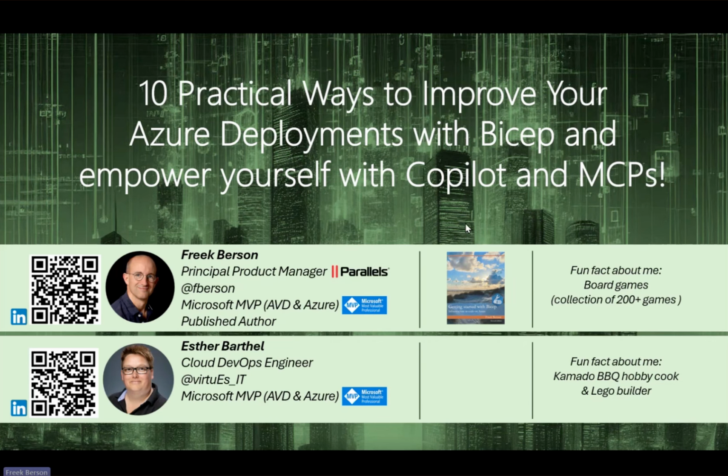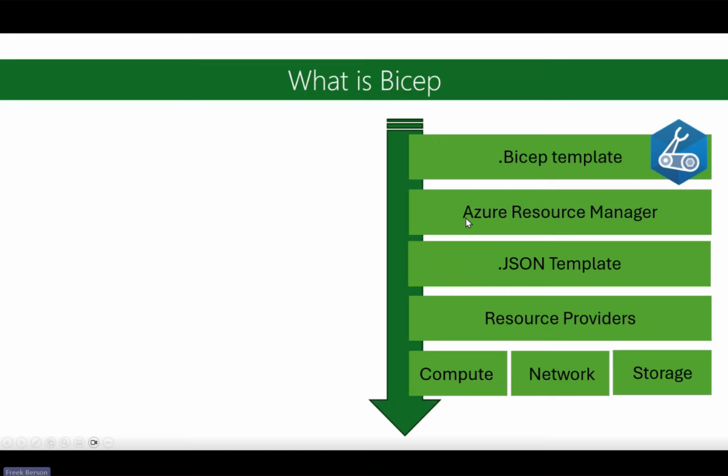Yeah, great. So let's get started. As a first, really quick introduction, hopefully everyone is aware of the Bicep language, but just to set the stage, we're talking about infrastructure as code, right? It's all about taking a Bicep template, declaring the resources you want to create in Azure, and feeding that into the ARM engine. Along the way, it will be transpiled into a JSON template, and through the concept of resource providers that will lead into various different resources, whether that's compute, storage, networking, or our Azure Virtual Desktop demos you'll see in a second as well, or Kubernetes. That doesn't really matter. That's the concept of infrastructure as code with Bicep. Hopefully you are all aware.